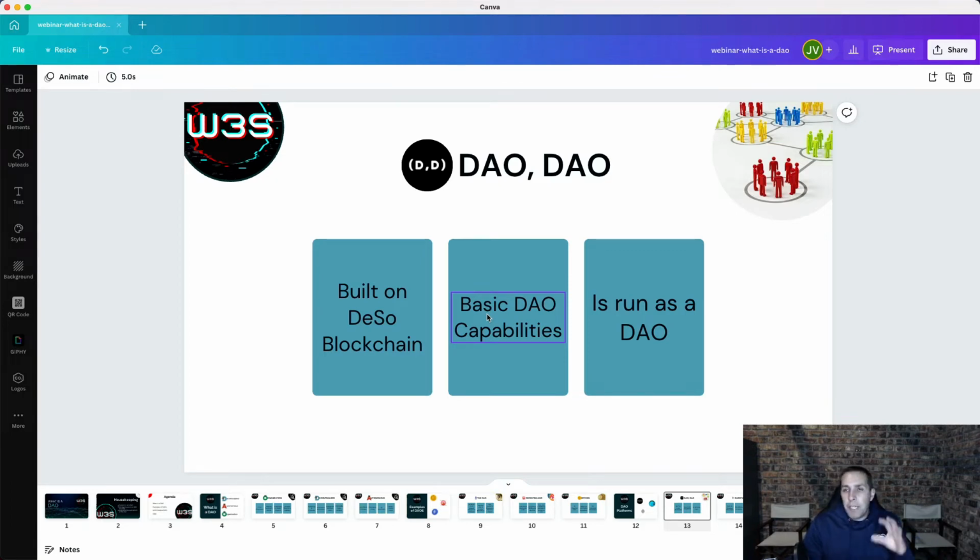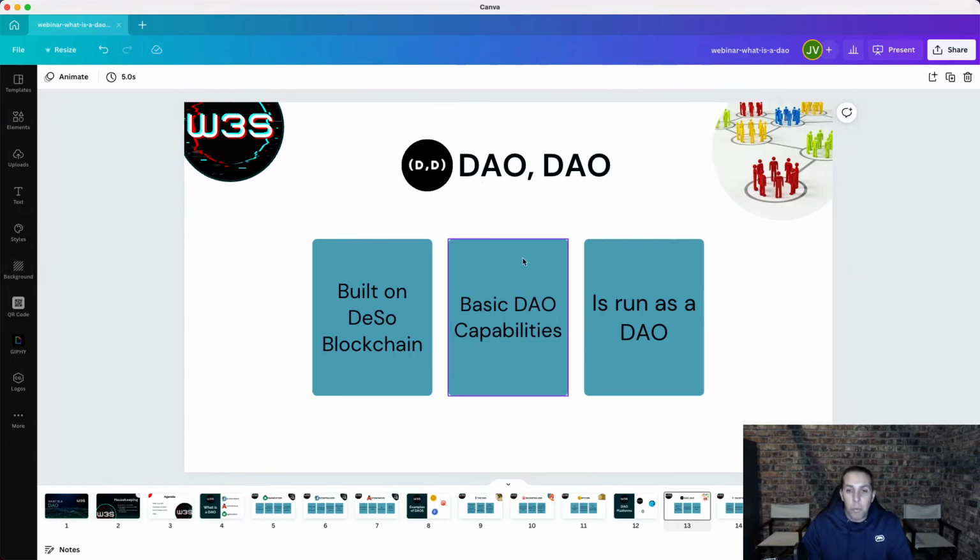The benefit of the DAO is that it's very, very quick. It's almost as quick as registering a social account like on Facebook. That is how easy it is to set up your DAO. There are also a number of additional benefits that I'll get into in a moment. But what's quite fun about DAO, which almost starts explaining its name, is that it's run as a DAO. When they designed the platform, they used their own technology to run it as a DAO as well. So it's actually called the DAO. And you'll see in a moment, I'll give you an example of that as well.